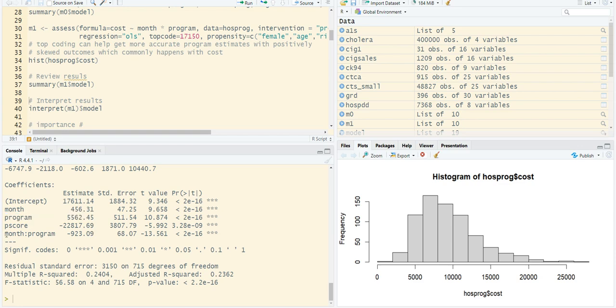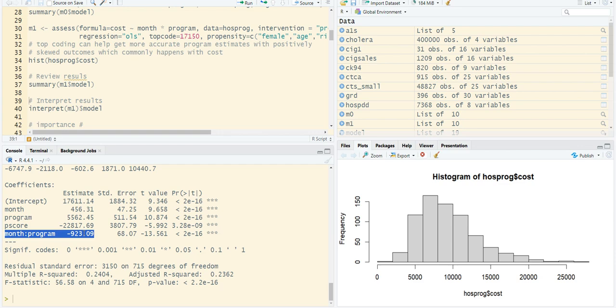I forgot to mention I put an interaction between month and program, and that's one way that we can look at the effect of the program when we have many months of data. We can see that difference in trend for our intervention and control group. Since we have an interaction, we want to look at that interaction effect. So at the bottom row where it reads month by program, we see there's about a